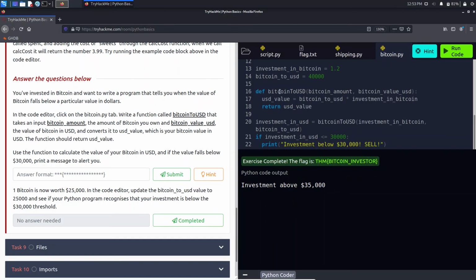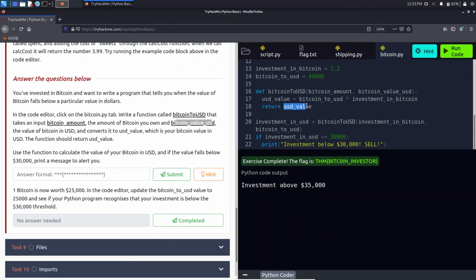Here, as you can see, I defined the function as bitcoin_to_usd as stated, and it told us to take the Bitcoin input and Bitcoin value in USD. Those are the parameters here, and the USD value will be bitcoin_to_usd times the investment in Bitcoin, the total USD value.